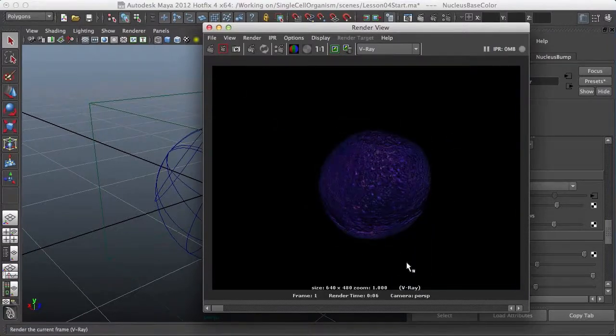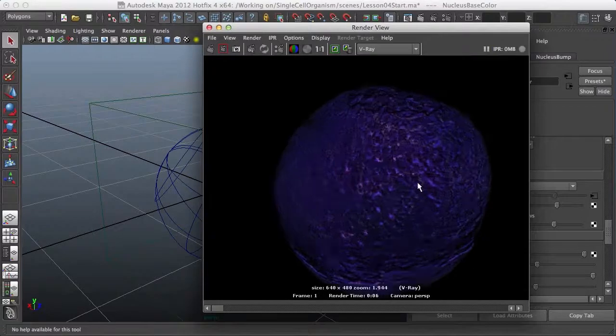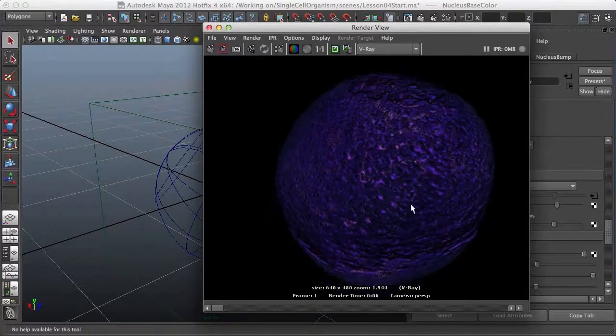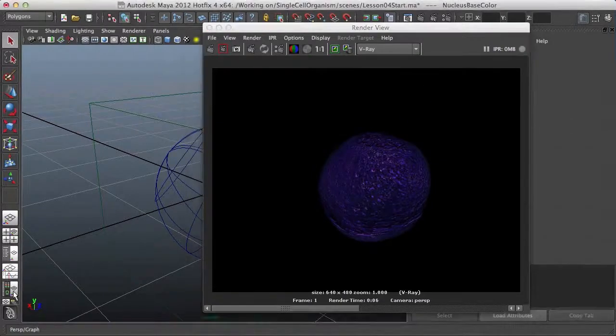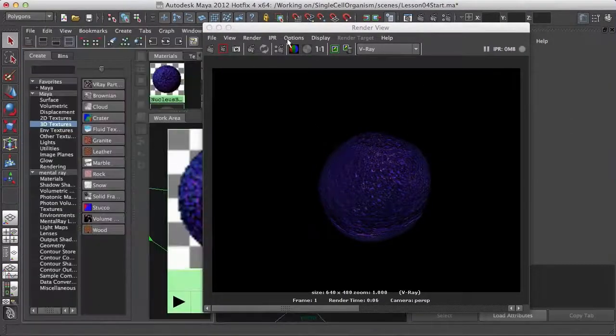And this is the result that we get. And this is why I was saying that I don't want any grain in the wood shader, because we're going to get a really grainy bump map, and I really don't want that. I just want some nice lines effect and a bit of texture that wood has to offer. So I'm going to keep this for comparison, and we're going to head over into Hypershade,